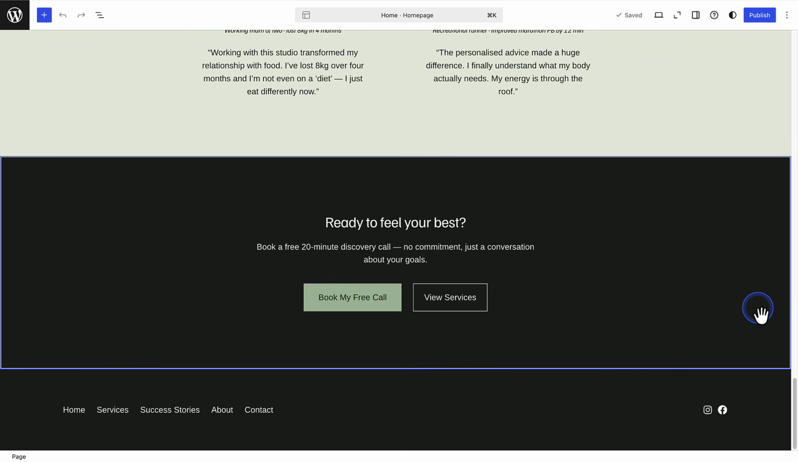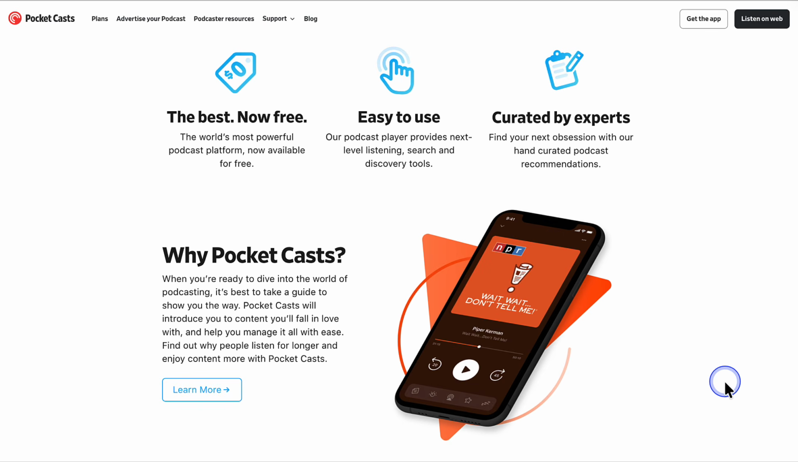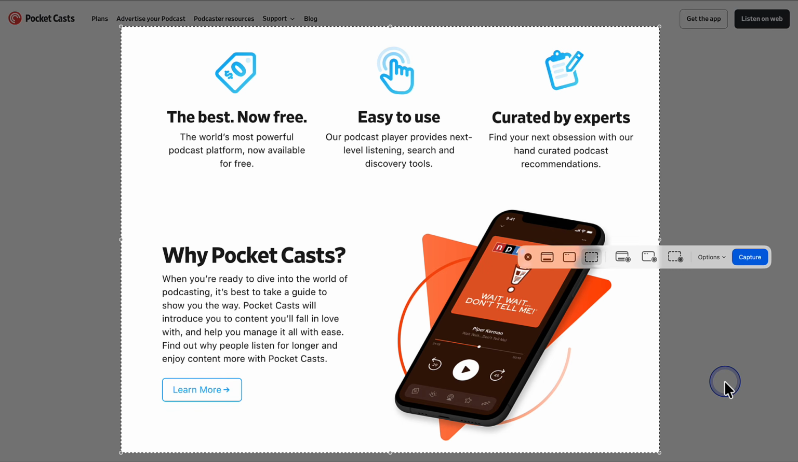Next, I can go ahead and update the placeholder content with my own. You can even take it a step further by pasting a screenshot of a design you like. I found this really cool layout, so I'll go ahead and take a screenshot,